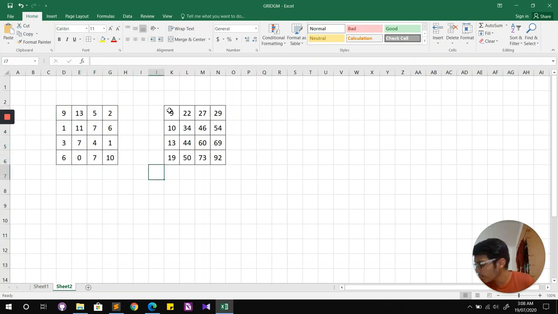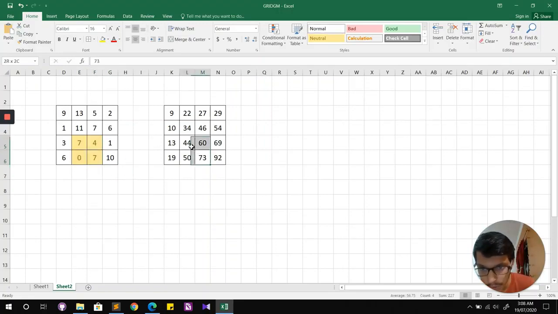So now that we have calculated this magical array, let's try to find the answer for a small test case. Let's say we want to find the answer for this rectangle, this submatrix of the bigger matrix. Let me just highlight this one here. What information do I have about this matrix?